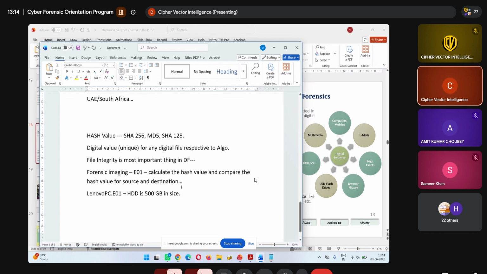Let's put it in very simplified form. Let's say you have a laptop with an HDD of 500 GB in size, and you make a forensic image by this name, and it comes out to be 280 GB in size. Okay. So what actually happened? Your data has